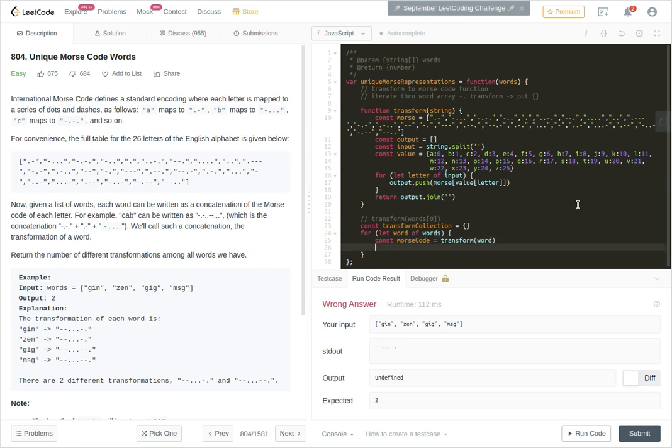So we just transform the word, and now we're going to do like if transform collection dot has own property of Morse code, right? Then we're going to increment it, right? If not, we're going to add it. So if transform collection has own property Morse code,